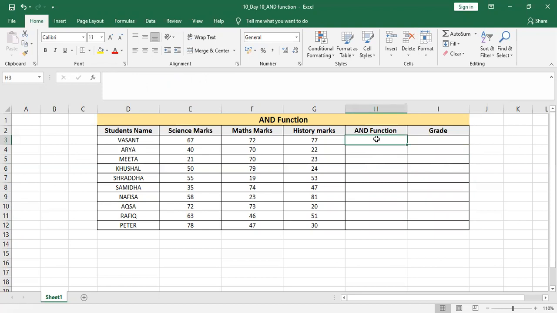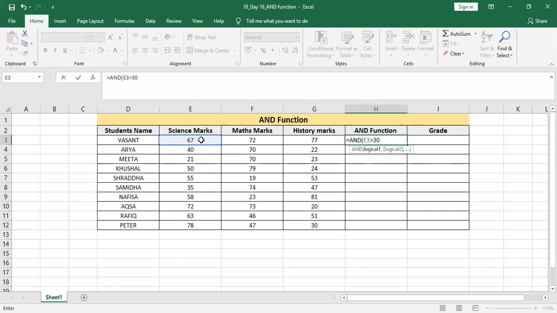First of all, let's use the AND formula as we use any other function in Excel. I'll press equal to and then AND. Then I'll enter my logical, that means my condition. My first condition is that my student should be marked true if his science marks are greater than 30. My student should obtain more than 30 marks in the science exam out of 100.